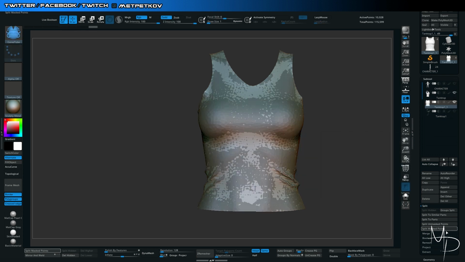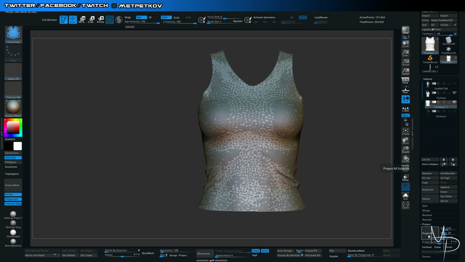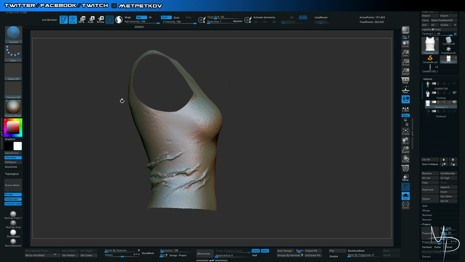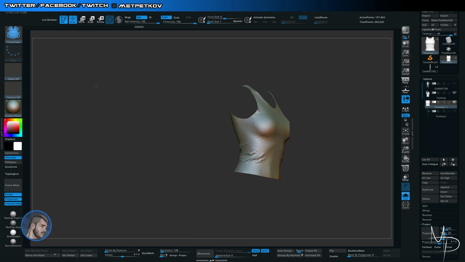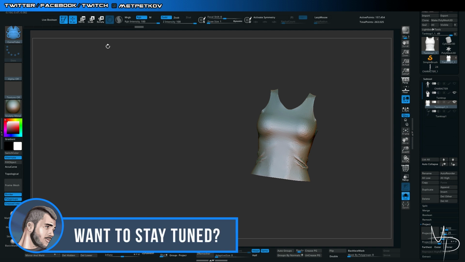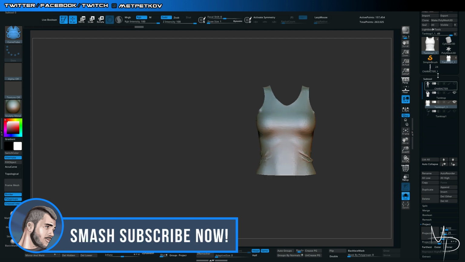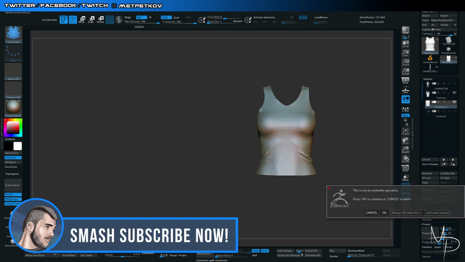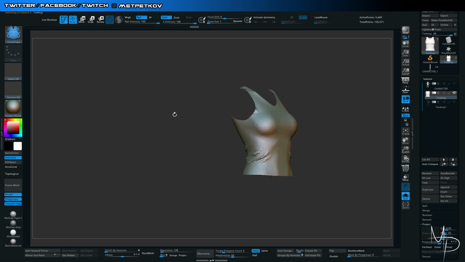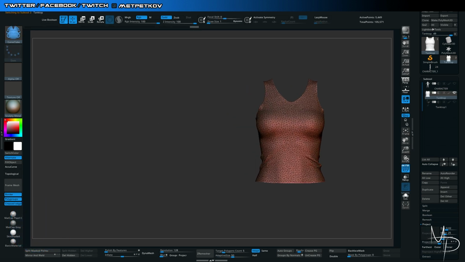There we go, and you can project it, then subdivide, project again, subdivide, project again, and now you're inheriting the details. Of course, if you are doing something with much more detail, this will make sense. In this case, it doesn't. But anyway, this is how you import